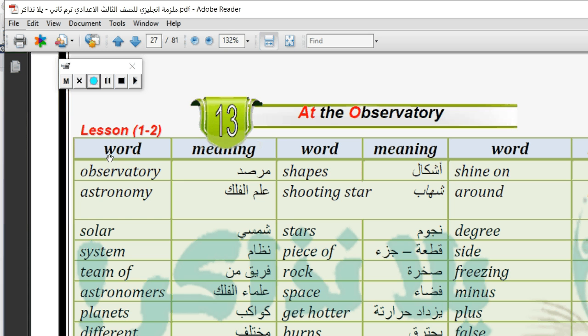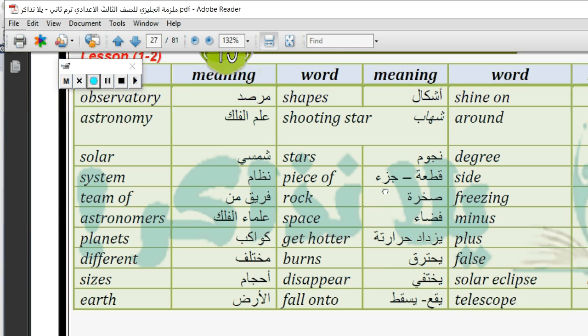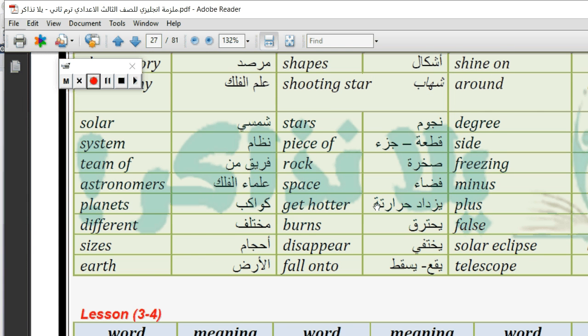Observatory, try to repeat after me: astronomy, solar system, a team of astronomers, planets, different size, earth, shapes, shooting star, stars, a piece of rock, space, get hotter, burns, disappear, fall into, shine on, around, degree, side, freezing, minus, plus, false, solar eclipse, telescope.